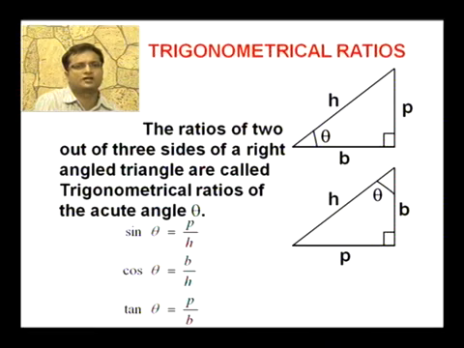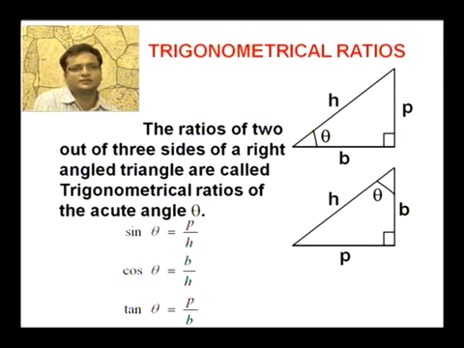But in the second figure, the horizontal line is the perpendicular and the other line is the base. So how can we differentiate which is base and which is perpendicular? The side on which the right angle and the angle whose trigonometric ratio is to be found lie is called the base. In the first figure, on the horizontal line, the angle theta whose trigonometrical ratio is found out and the right angle lie, so it is the base. And in the second figure, on the vertical line, the right angle and the angle theta lie, so it is called the base.